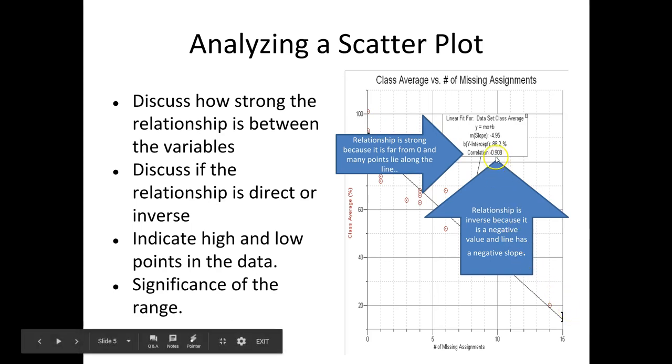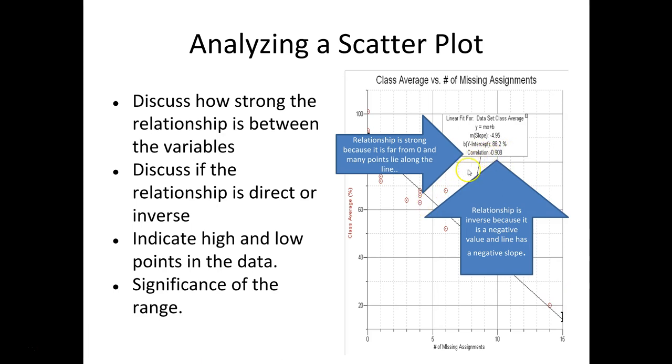And then the other thing we can look at is this correlation value. The correlation value is kind of important because it tells us how strong that relationship is. And because it's a negative 0.908, that's a very strong indirect relationship, which means most of the time as students